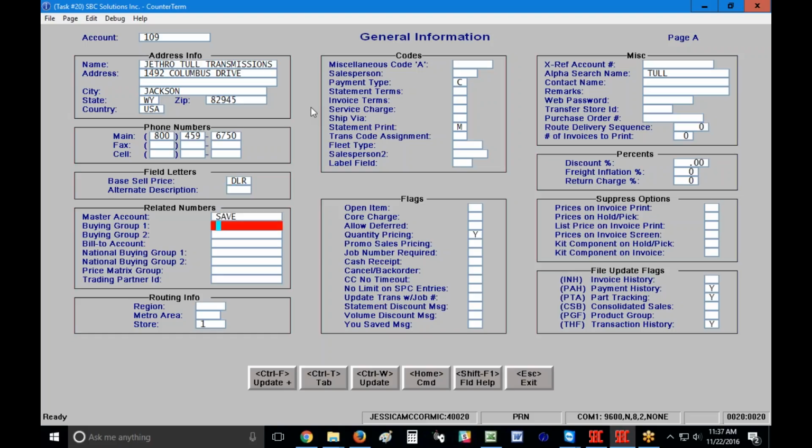As I mentioned, I'm going to skip a bunch of fields because they're not necessarily required. You may use them, and there is another video that can go through what these are used for. I'm just going to go through those fields that are most often used. So, buying group number 1, 2,